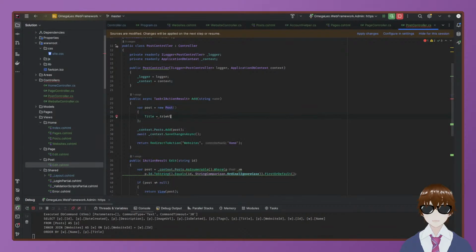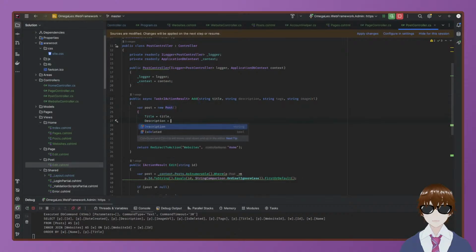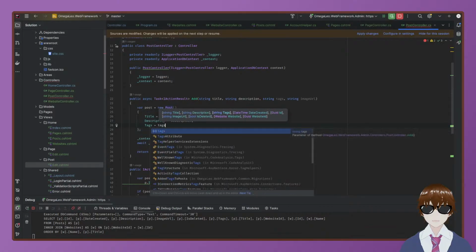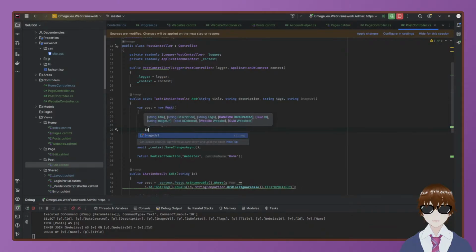Title equals title, which is this one, string description, string tags, string image URL. Description equals description, tags equals tags, image URL equals image URL. Anyway,